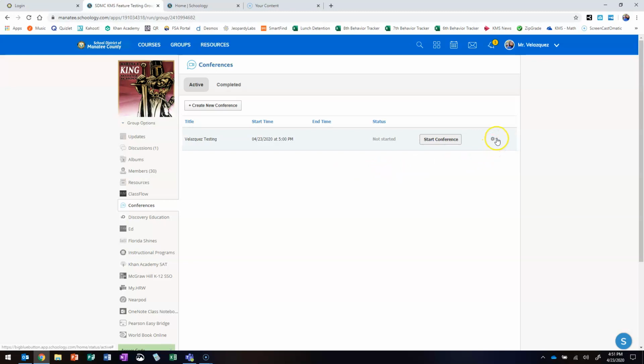Then you'll see the settings wheel here to either edit it or delete it in case you made a mistake. It'll show your start time, your end time if you gave one, and it'll show the status. Until you start the conference or another admin of your group or course starts the conference, it's just going to look all grayed out and no one's going to be able to click over here on the title to enter that conference. But as soon as you start the conference as the admin,